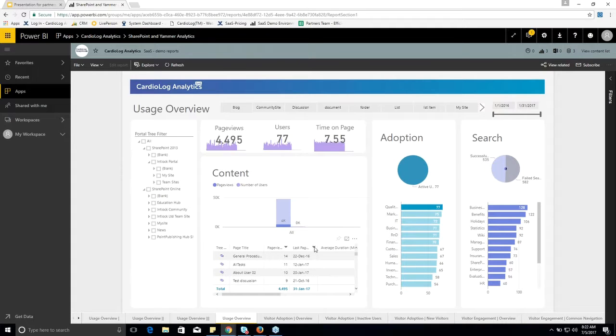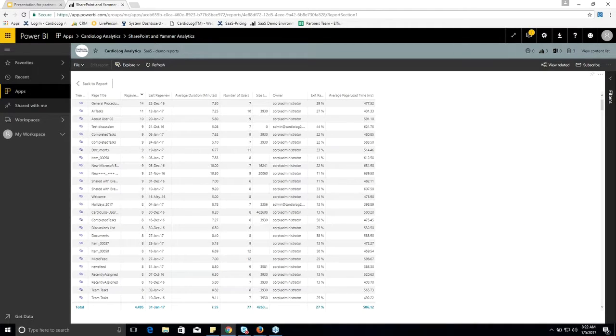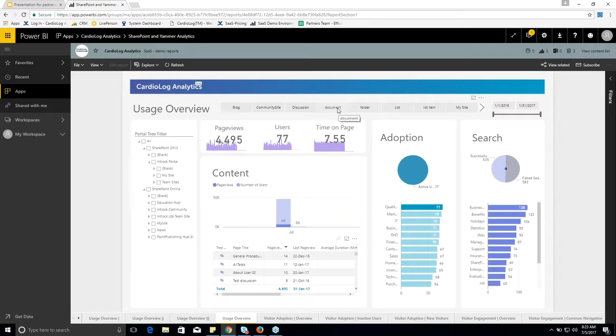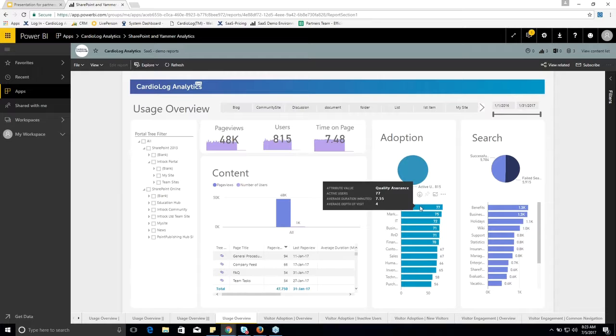And then here, as far as content, we're also able to open up our page views table, and we can see what the most popular content type is for quality assurance. Now, if the quality assurance team has their own team site, this could be great, as we can put something on the home page as a link to the most popular content types. Or if we filtered again by, let's say, documents, we can put the most popular documents on the home page for our quality assurance site. But let's move on, and simply click back on quality assurance, and now we're taken back to our usage overview,